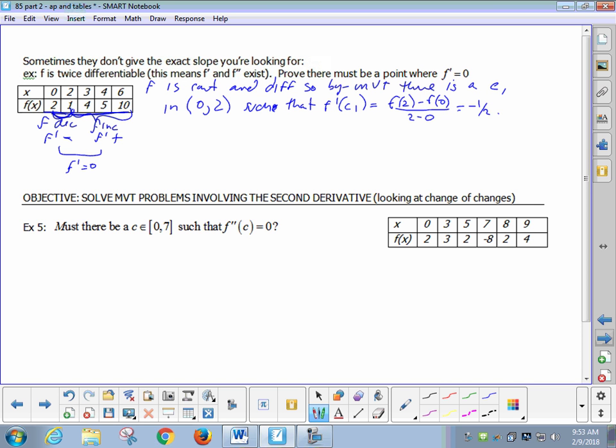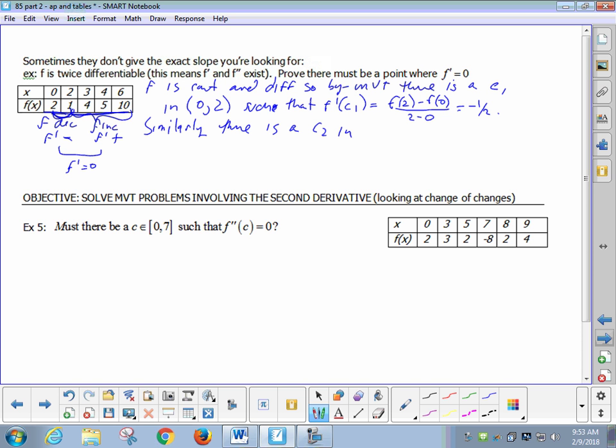Okay, so I've established that f prime has to be negative 1/2. All right? When you do multiple MVTs, you do not have to keep saying the conditions. You can say "similarly," which is a reference to the conditions being met, and it's MVT still. There is a